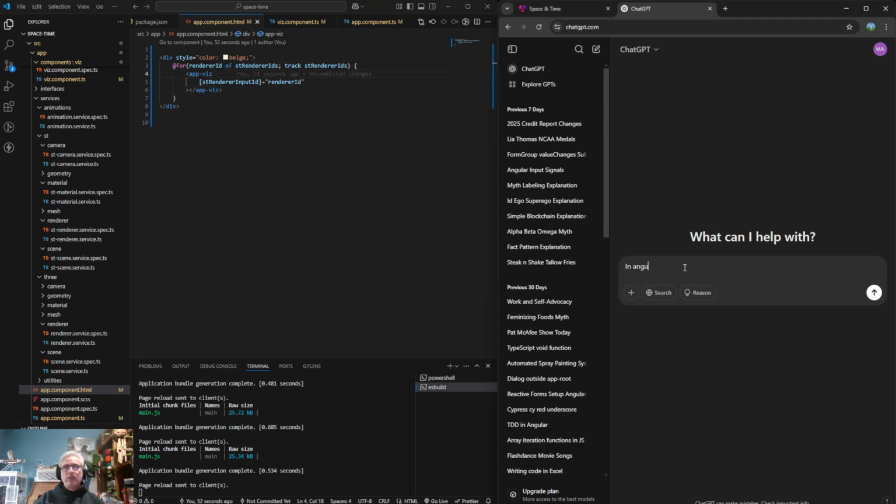But in Angular 19, I would like to set the left attribute of a style dynamically during